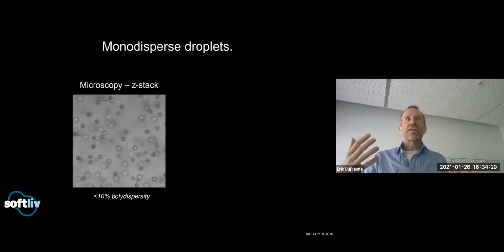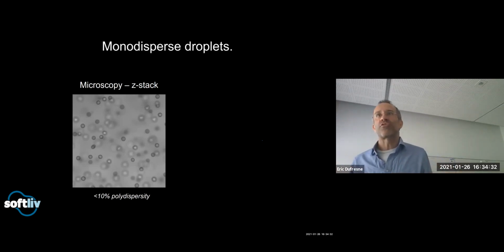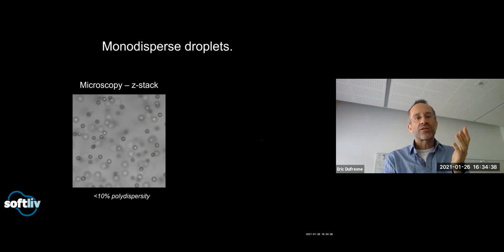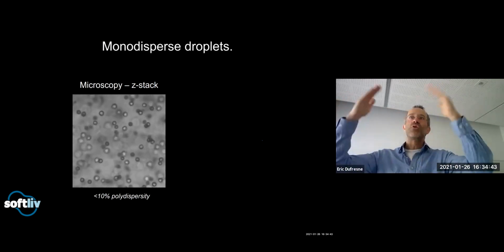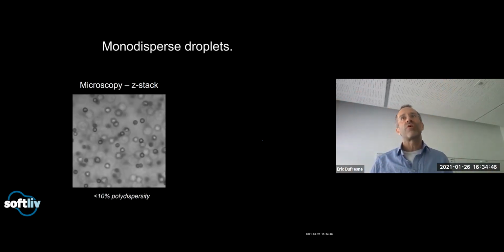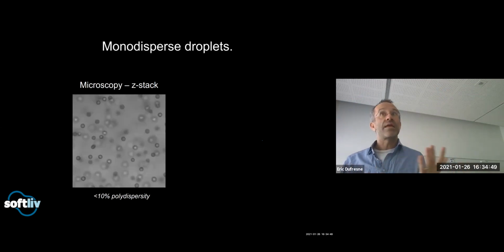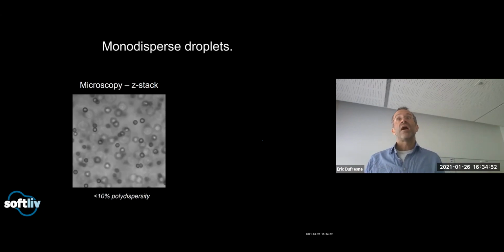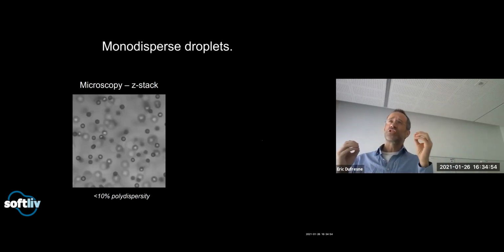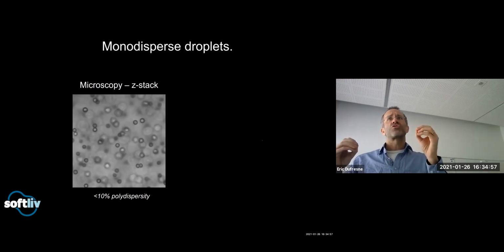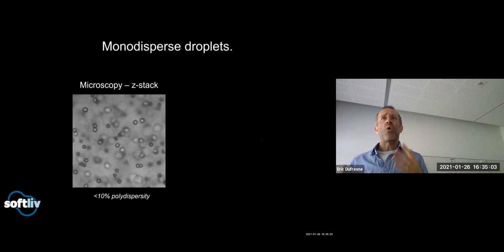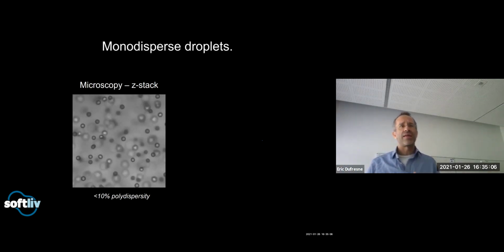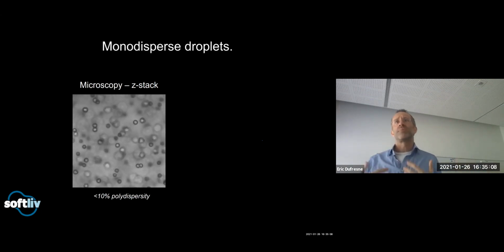And one really cool thing about these droplets that we really got for free and that we weren't expecting is that they're very monodisperse. They don't look particularly monodisperse in a single microscope image because things can be in or out of focus. But if we move the microscope focus up and down and measure the diameter of all these droplets, they're polydispersed to within 10%, which is really nice. Because really I'm making uniform emulsion droplets that are highly monodispersed. This is actually really hard to do. People normally make them one at a time in a microfluidic chamber, right? And here we have a bulk thermodynamic approach to making